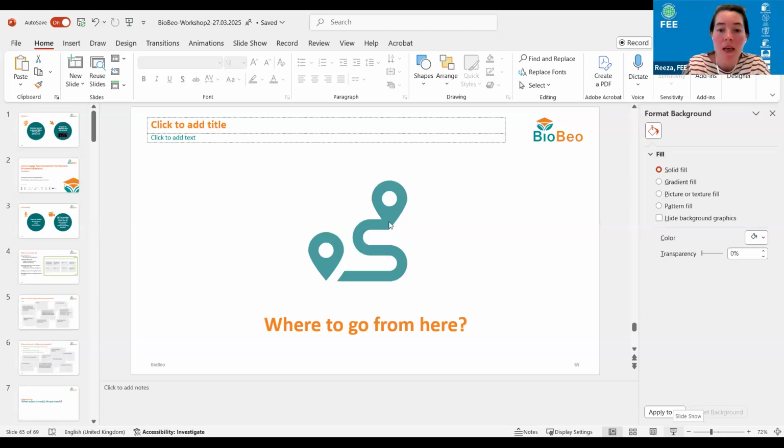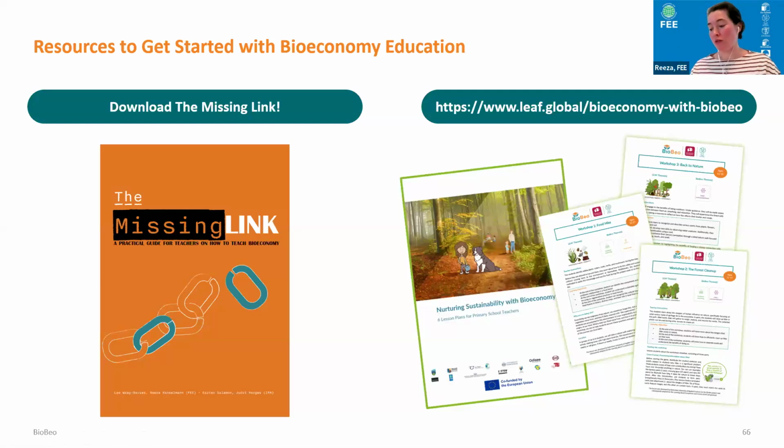Just to recap, there are resources available. If you are a kindergarten teacher or a language teacher and you want to do bioeconomy education, as we've heard, we have the missing link. I think it's a really great place to start when you're thinking about how you want to bring this into your classroom, maybe next school year, how you want to get children and parents to participate, and go for a whole school approach in introducing a new environmental topic.